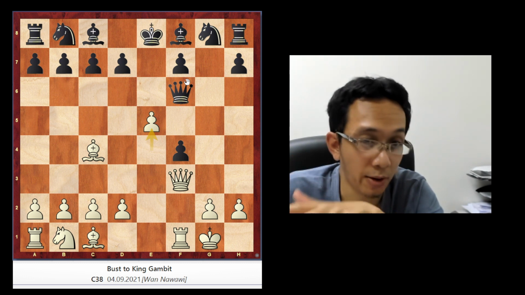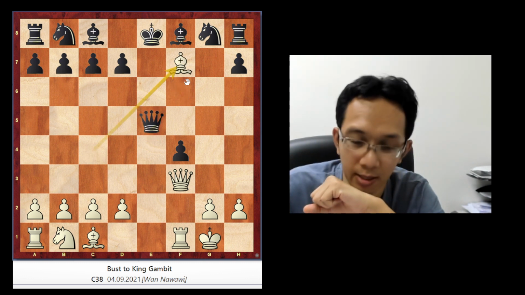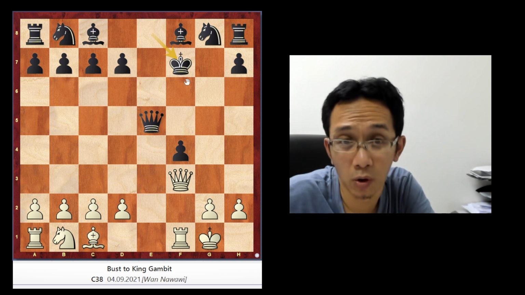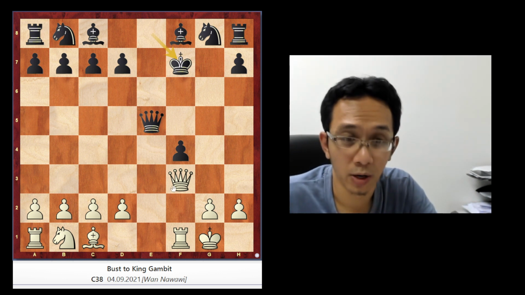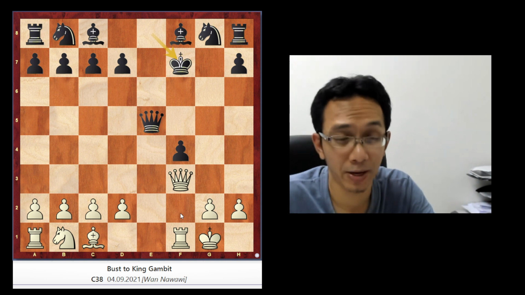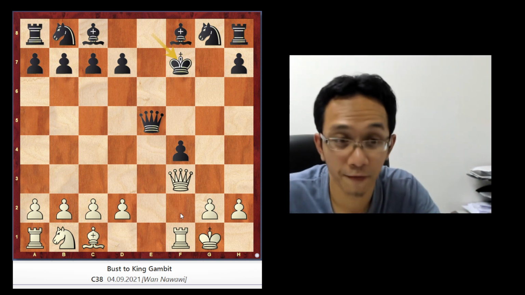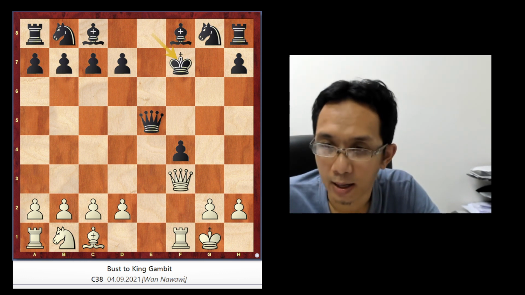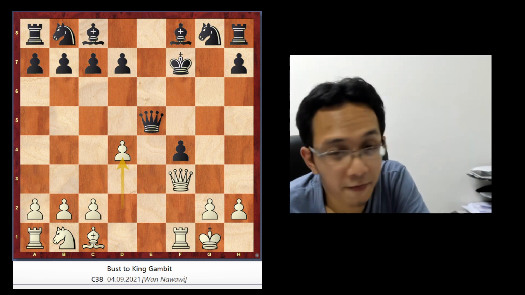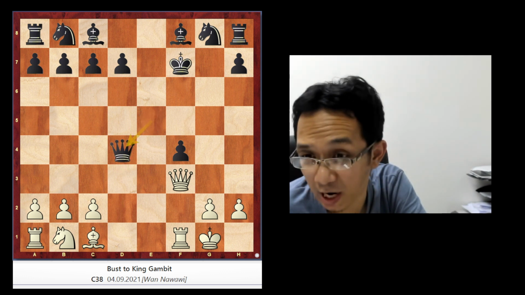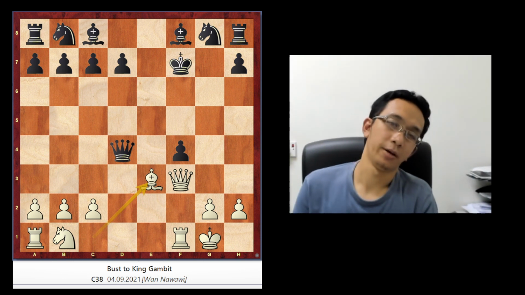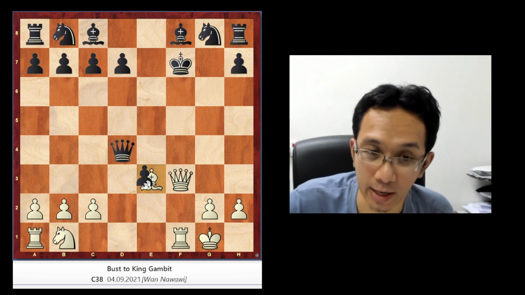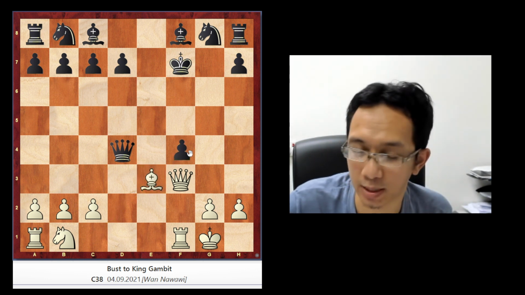The reason why white does this is because if you take, then you have this sacrifice here. You sacrifice because now it's a pin. Remember the danger of the pin in these games. Even though you get a piece, this is a type of counterplay. So now black gives another free pawn. You take with check, but now white has this bishop e3. Bishop e3, because it cannot take because of the pin. So that's the danger of the pin.